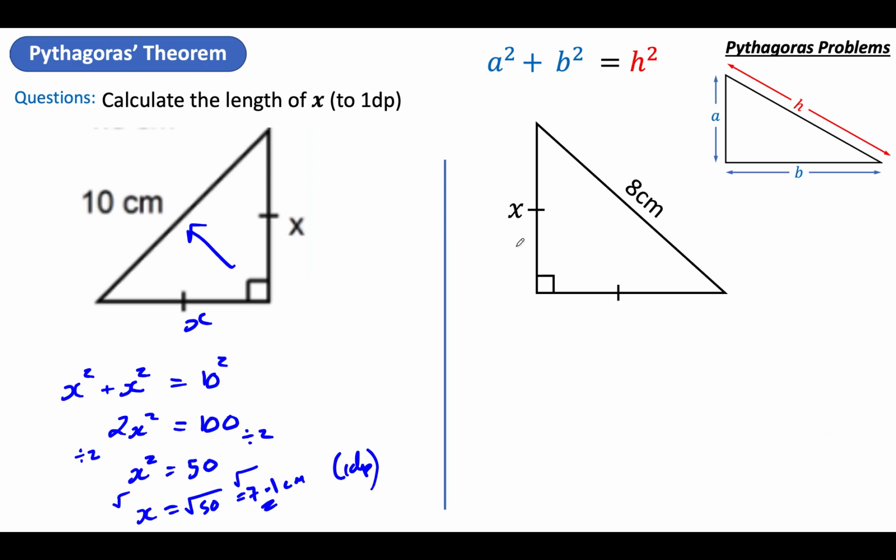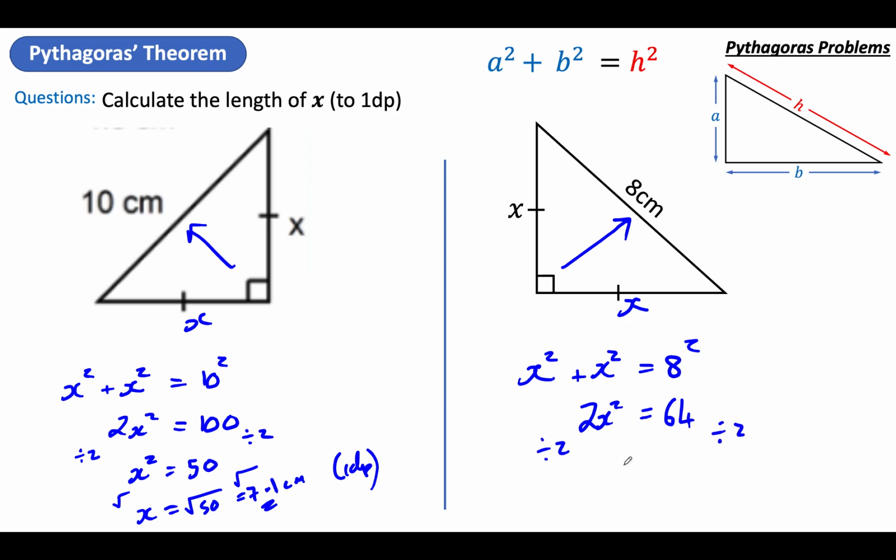Okay, we've got x there. These two sides are the same because they've got the marks on that mean they're the same. And the right angle is pointing at this side to show it's the long side. So I know that if I take the two short sides and square them and add them together, I get the long side squared. Well, 8 squared, 8 times 8 is 64. And there are two lots of x squared, so that's 2x squared. And then solve. So divide by 2